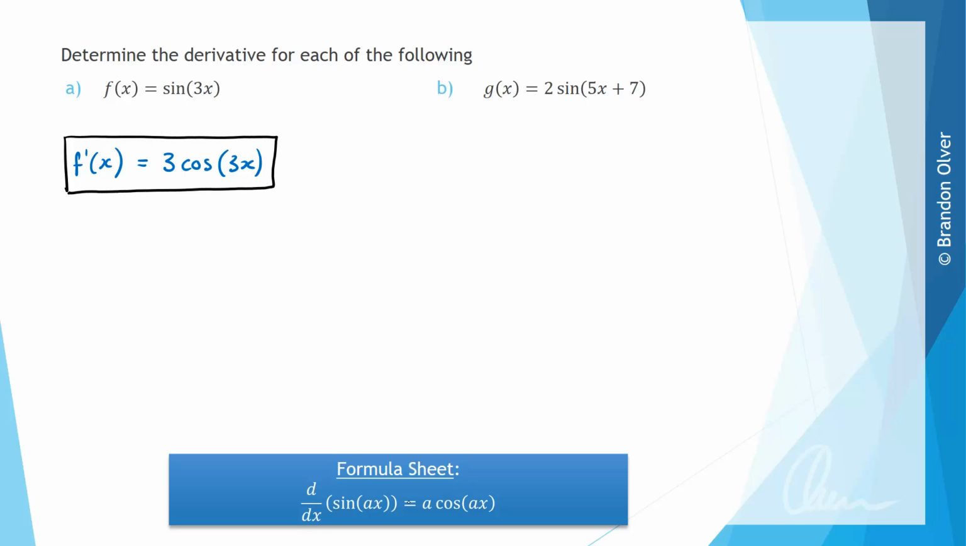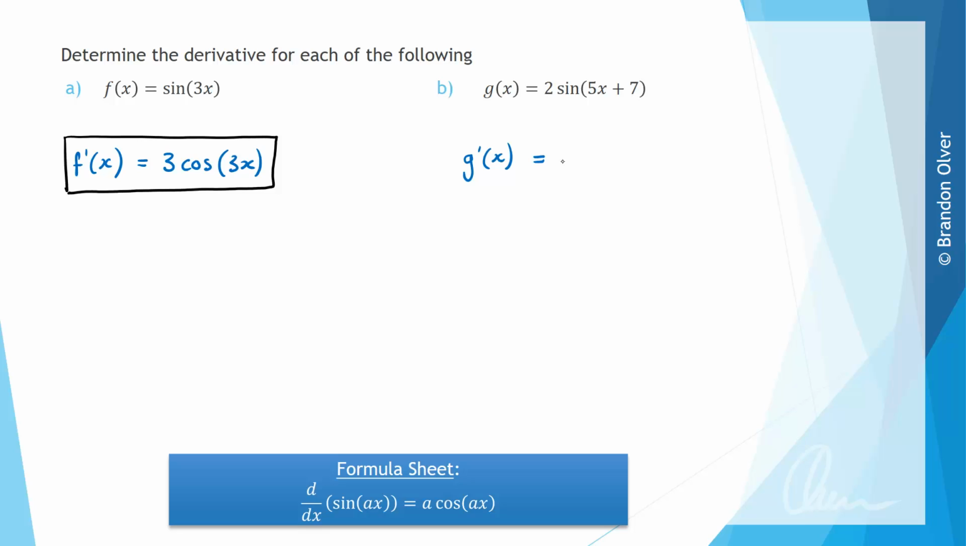For part B, we're going to apply the same formula to differentiate g of x, which is equal to 2 sine of 5x plus 7. And as long as the inside part, this 5x plus 7, is linear, we can still apply this rule that's on our formula sheet. So that would give us g dashed of x, the derivative, is going to equal,